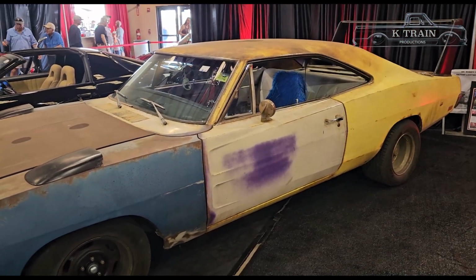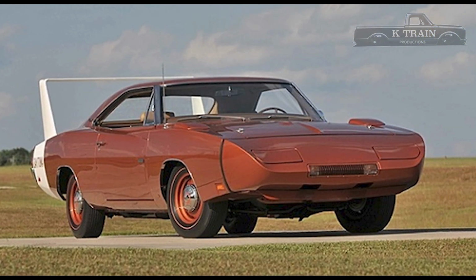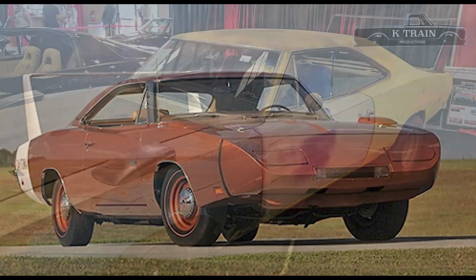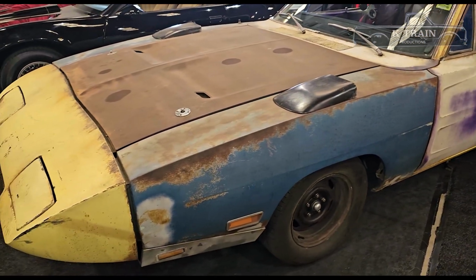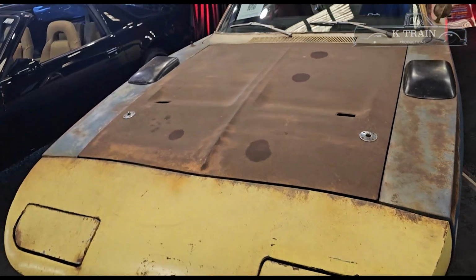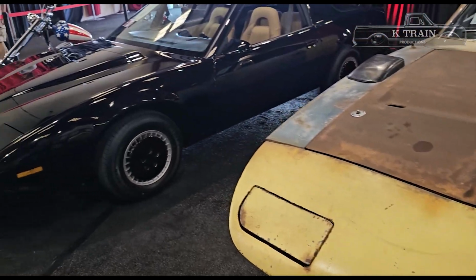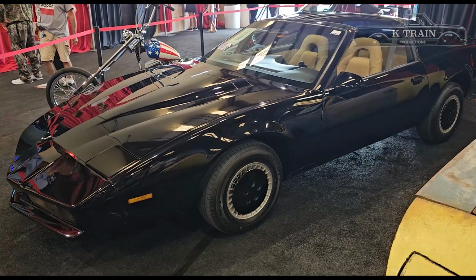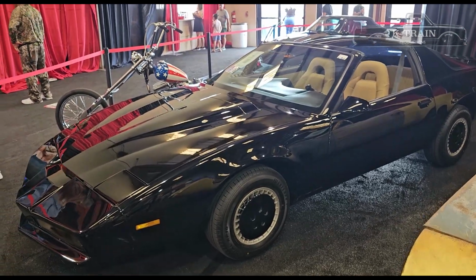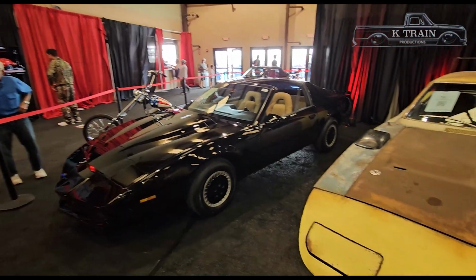Pretty cool. And of course, David Spade is a hardcore car fan. He is a big Mopar fan as well. He actually bought that bronze Dodge Daytona at Mecum a couple years ago. So it's pretty cool that he has a Dodge Daytona that was in the movie. And of course over here you have KITT as well. It has the correct dashboard inside, but I can't really get to it, but there you go. And of course there's a replica of the Easy Rider chopper over there as well. Pretty cool